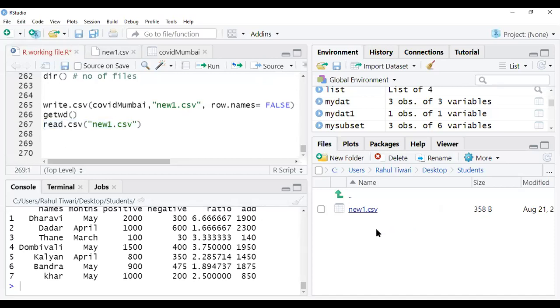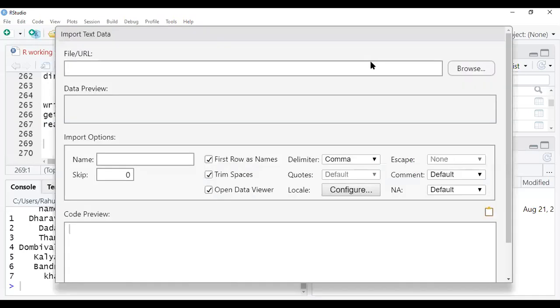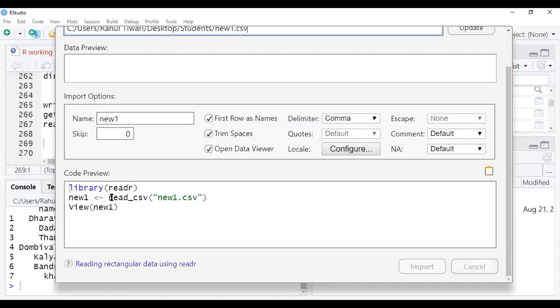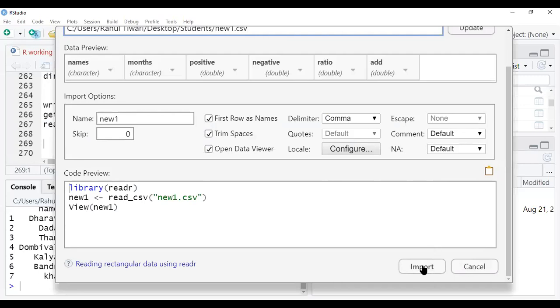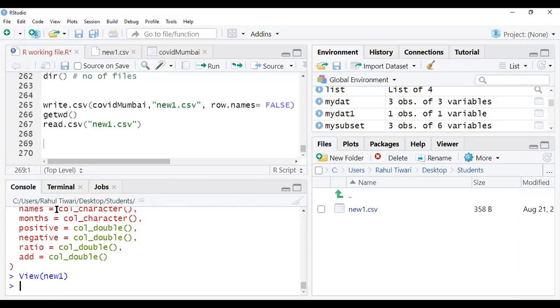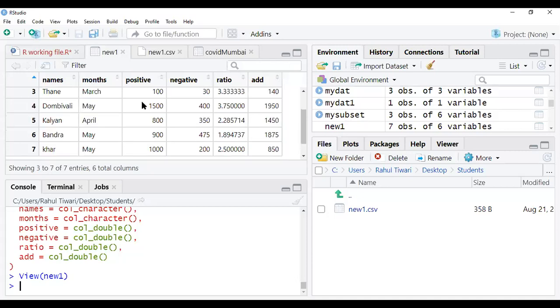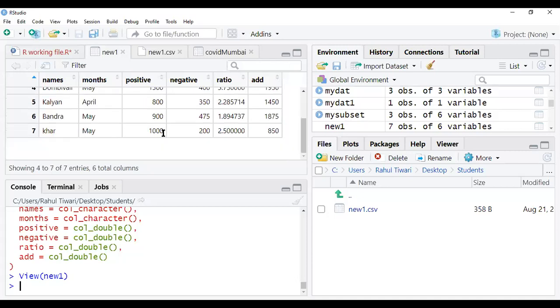Okay, so just write here, if you just click on this import button, automatically one window will come and you just click on here. So look, here it is giving the command read.csv, can you see? This is all. If you are doing it for the first time, you have to install this and then proceed with this. Just click on import, and as soon as you click on import, automatically you can see the view here. It will open automatically like your Excel file.